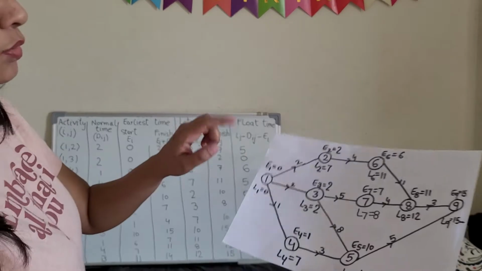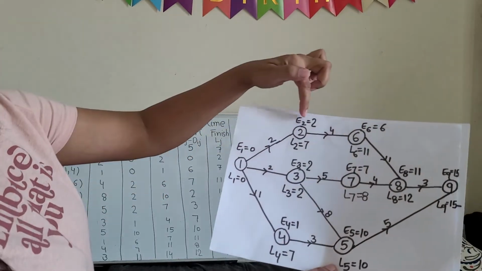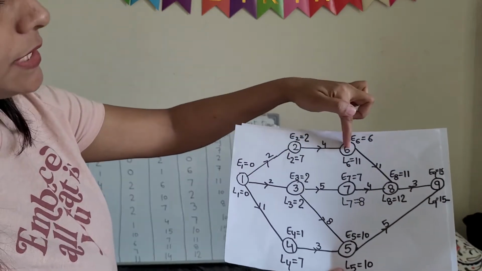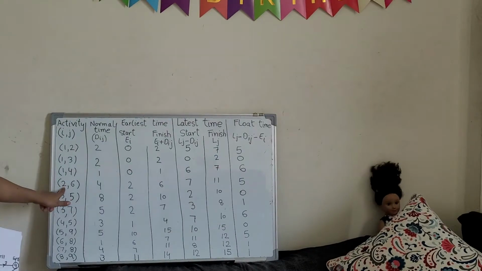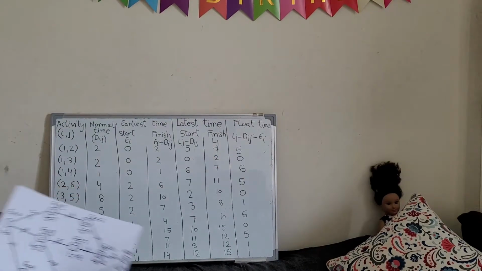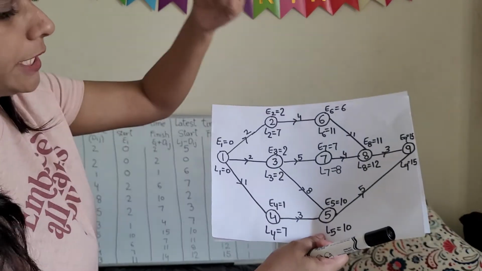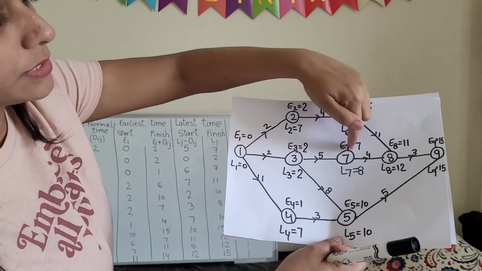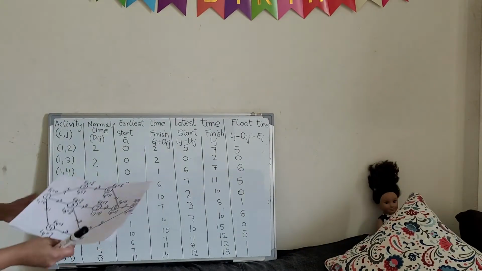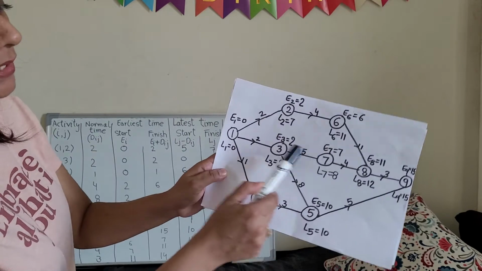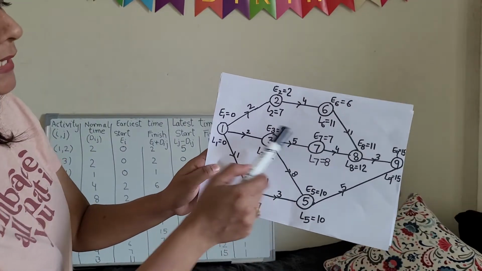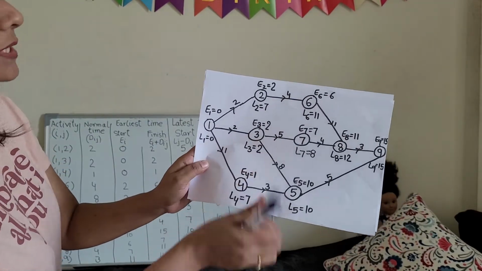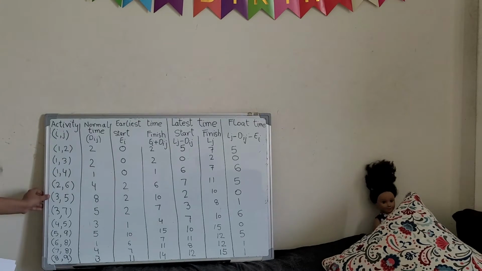Okay. Now after 1 we will come on 2. So 2 to 6, here we are writing 2 to 6. After 2 we will come on 3. On 3 you can check 3 to 7. So we are writing here 3 to 7 and 3 to 5. 2 activities, right? So we mention here 3 to 5 and 3 to 7.